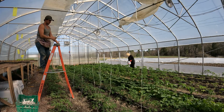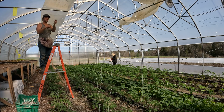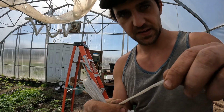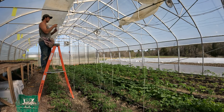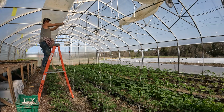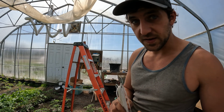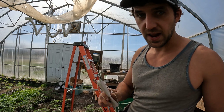Then we're going to unravel our string, let it fall down to the base of the plant, and leave a little excess at the base of the plant, maybe about a foot or so. You can decide to cut that off at the end afterwards or not. We're going to use these clips to attach the string to the tomato plant, and that is going to provide support for the weight of the tomato plant as it grows